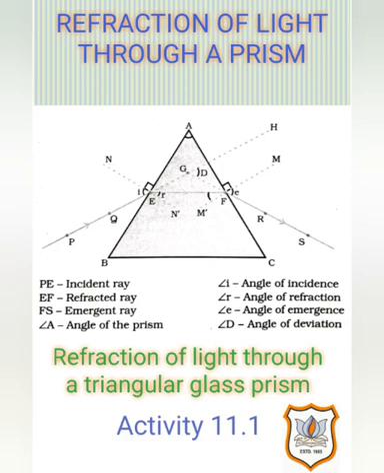So we can finally conclude that while passing through a prism, a ray of light undergoes two refractions as it does in the case of a rectangular glass slab. However, due to the peculiar shape of the prism, the net deviation through a prism is never 0, though the net deviation is 0 in the case of a rectangular glass slab. So in short, the deviation suffered by a ray of light on passing through a prism is non-zero. So students, I hope you understood the topic of prism and refraction of light through a prism.